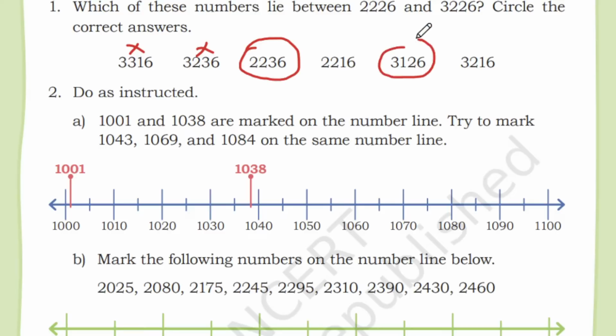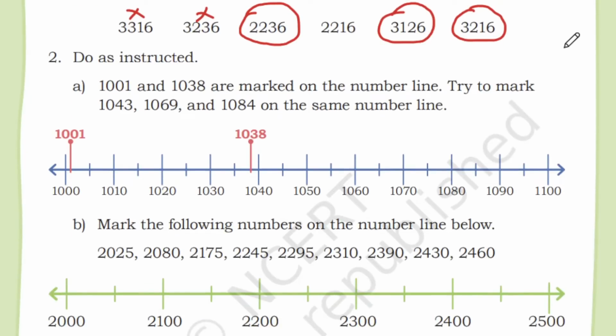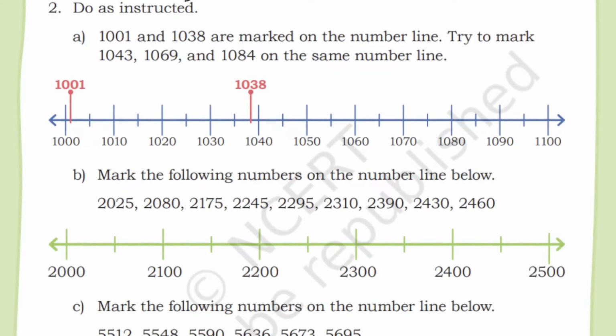2126. Yes. Next, 3216. Yes, less than. 3226. Okay. So these are very easy. Next, do it as